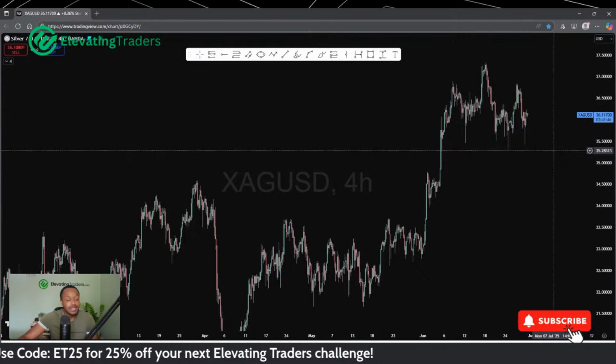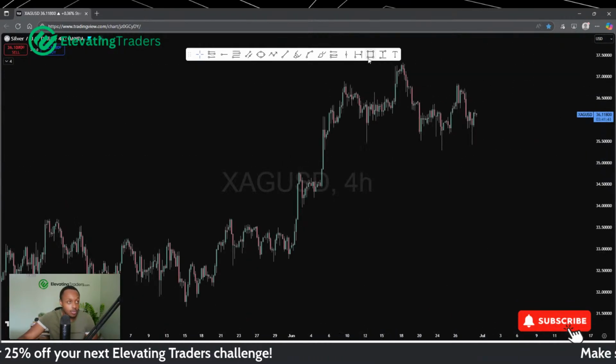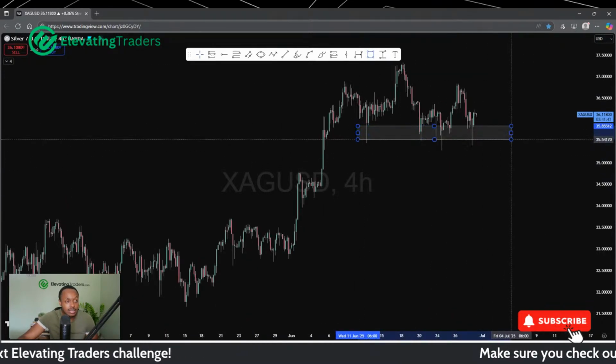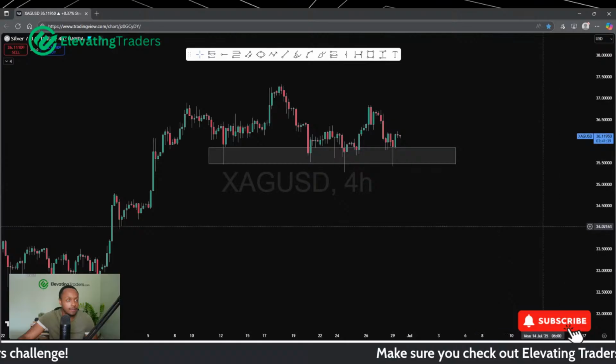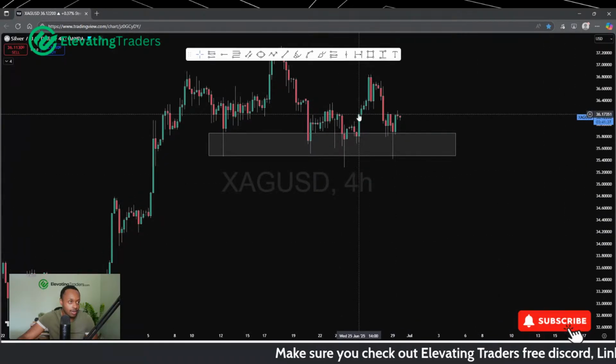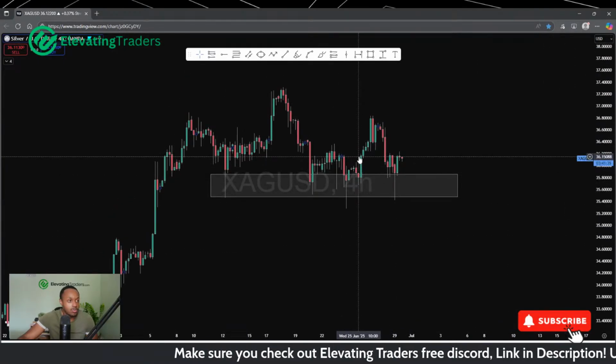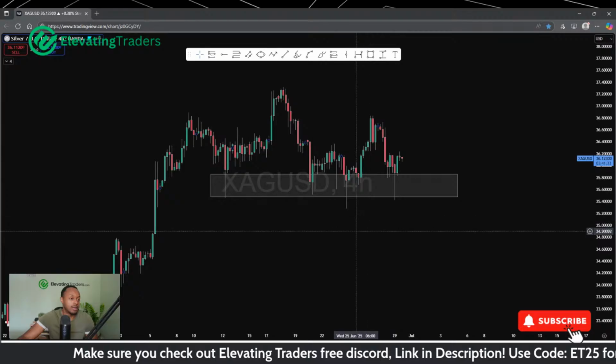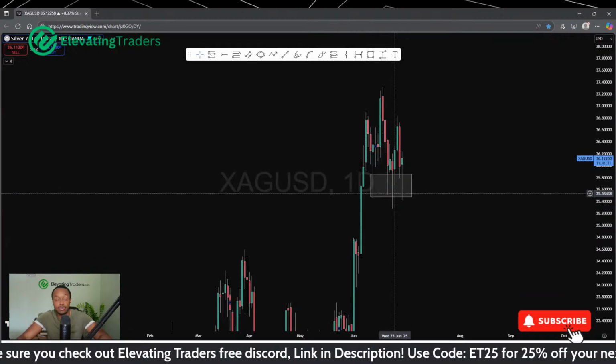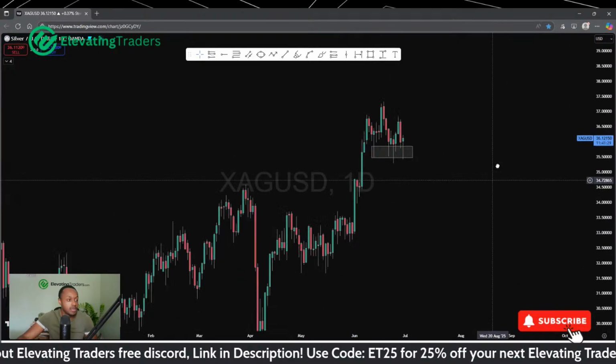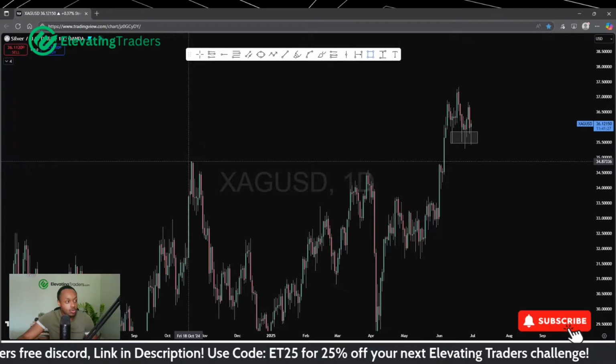Sales look good. Silver's interesting, still respecting support. Again, I did consider looking to buy from this area here last week with this candle here, which I'd probably be at break even if I did take the trade. But I was more interested in a slightly deeper pullback with silver. I like the looks of this level down here